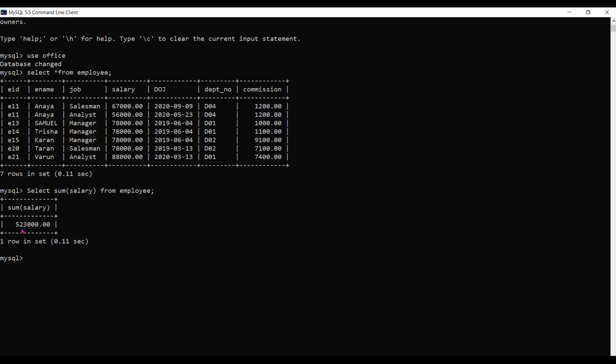If I need to find out the average, the same way I can go for the average function, count function. As SQL is case insensitive, we can type in any case. That's a privilege for the programmers.